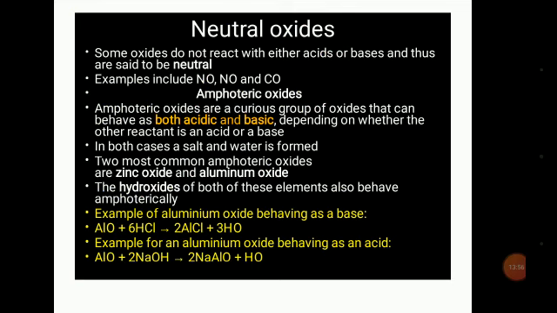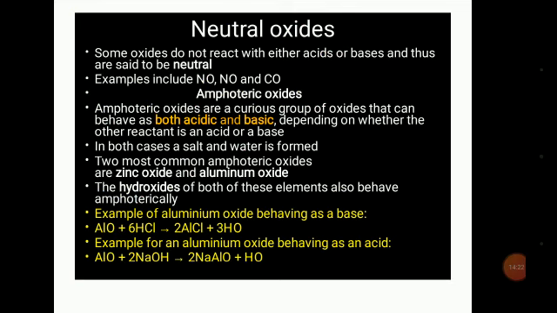Neutral oxide. Some oxides do not react with either acids or bases, thus they are said to be neutral. Examples are NO, nitrogen oxide, CO, carbon monoxide. Then amphoteric oxides. Amphoteric means having both characters. Amphoteric oxides are a